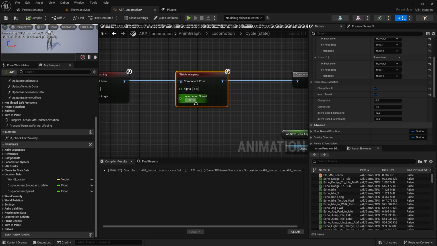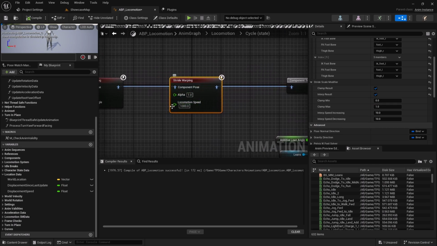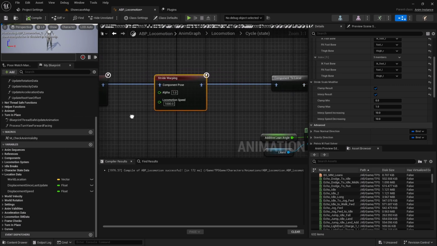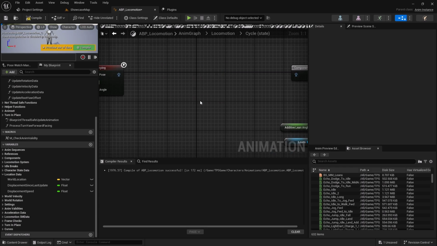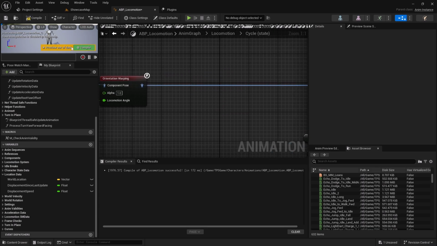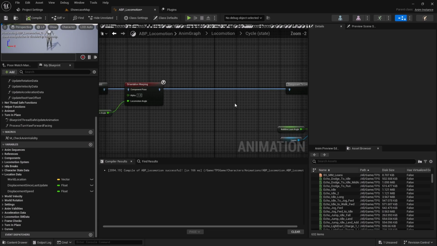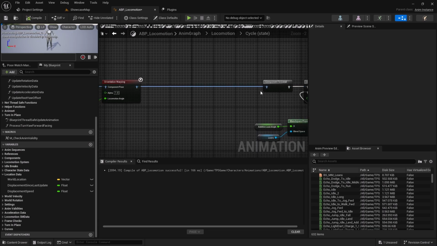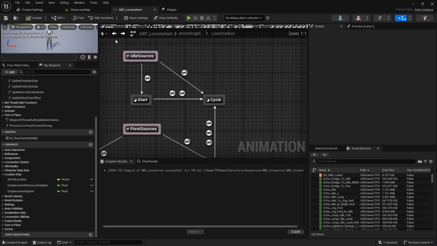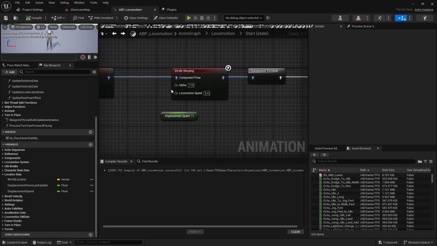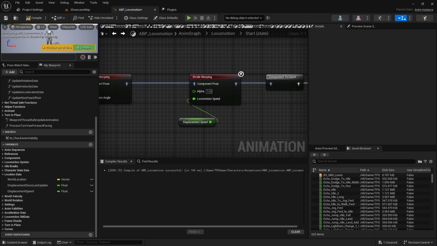Okay, so anyway, now this stride warping works, and we just have to apply that displacement speed here. But I'll come back to the cycle state later on. First let's finish the start state, and we'll see how it works, right? So I just reconnect this pin, but ideally later on we have to do that stride warping here as well. So at the start state, now let's plug in the locomotion speed, right? And then